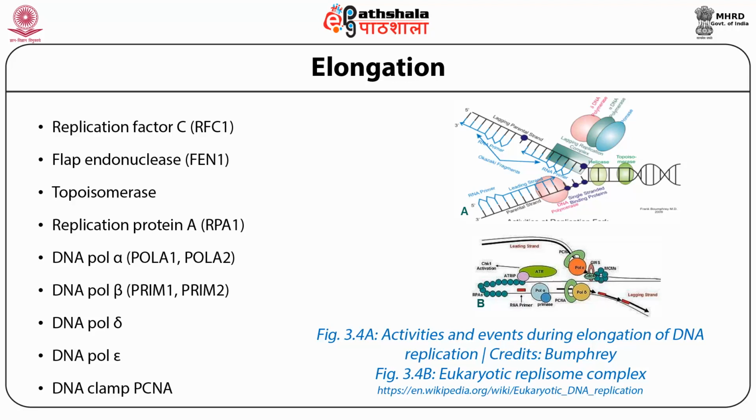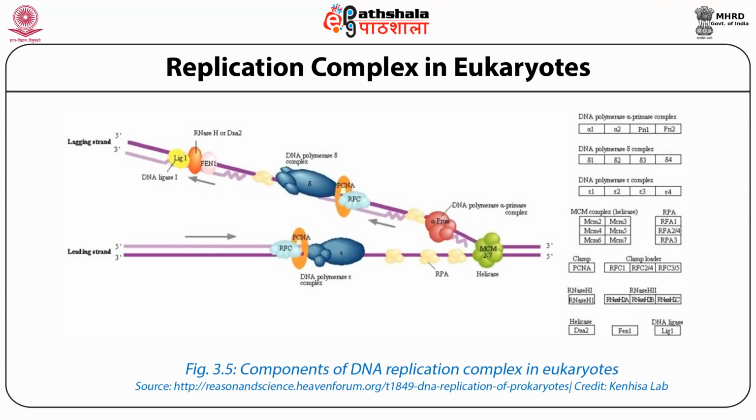The entire replisome complex is kept loaded onto the DNA duplex by the clamp loader known as PCNA. In this slide, we try to represent a summary of events that occurred from the stage of initiation of replication through the elongation stage in the eukaryotic genome. We can see the difference between the mode of replication in the leading strand and the lagging strand. The adjoining table gives a summary of all the enzymes involved in the entire series of events.